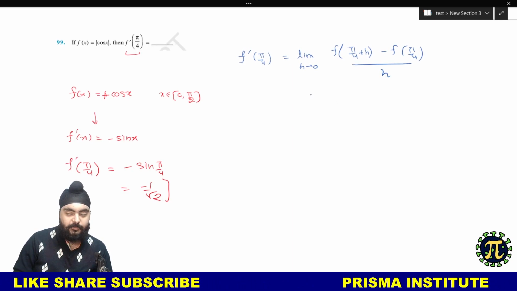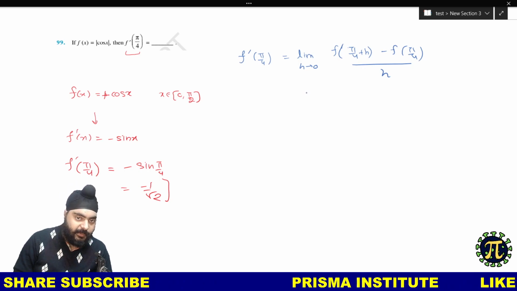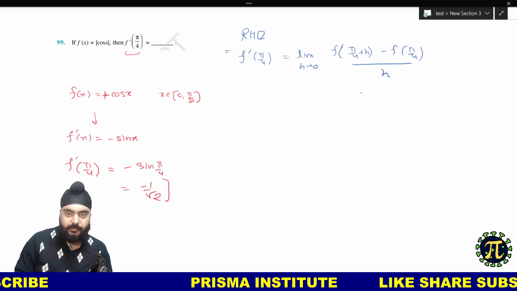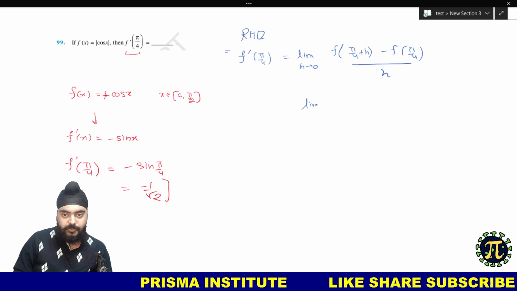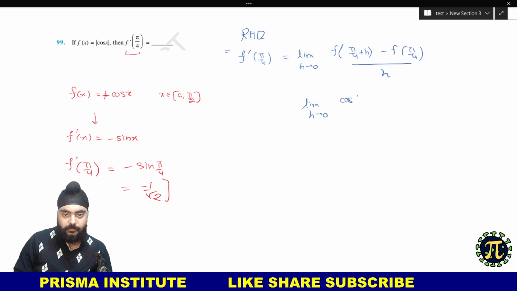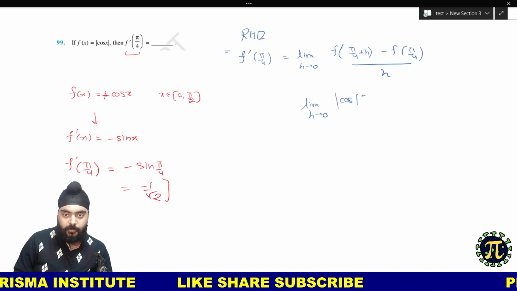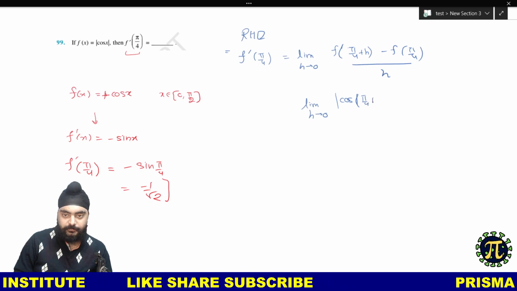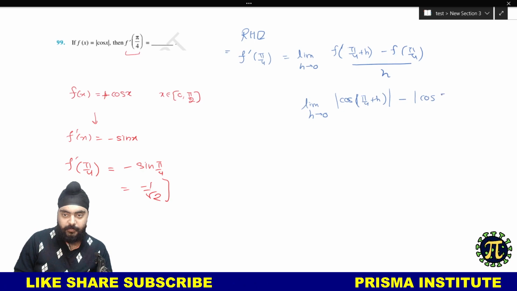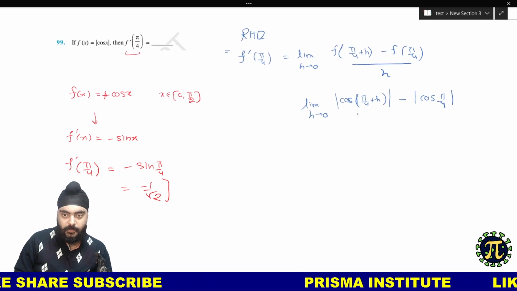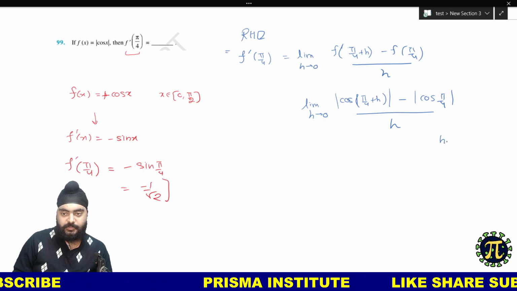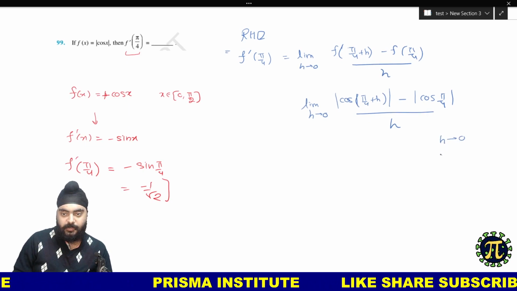You can use the basic definitions also, and you can prove that the left hand derivative will come out the same. I'm using the right hand derivative, so this will be the limit as h approaches 0 of cos of pi by 4 plus h in mod, minus mod of cos pi by 4, divided by h. And since h is a very small positive number, h is approaching 0 and h is positive,